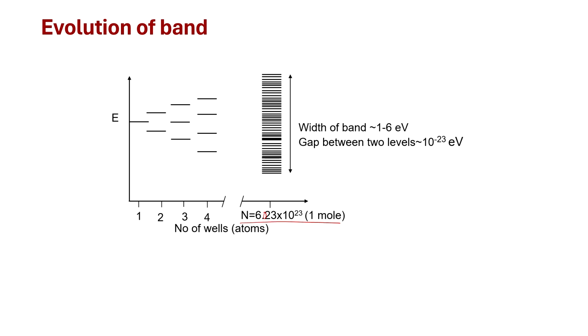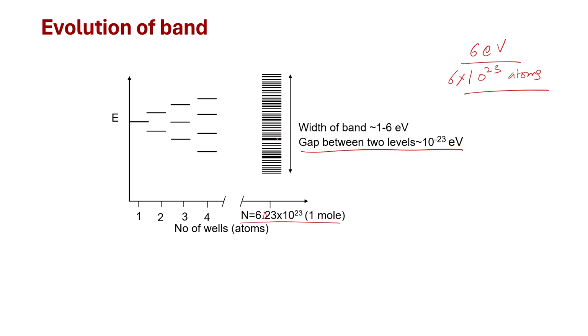between, let us say, a band width of 6 electron volt or so. Within a band of 6 electron volt you will have all of these levels against each other. If you divide 6 eV by 6 into 10 to the power 23 atoms, then we see that the gap between two levels is approximately 10 to the power minus 23 eV, which is very, very tiny. 10 to the power minus 23 is an extremely small energy gap,